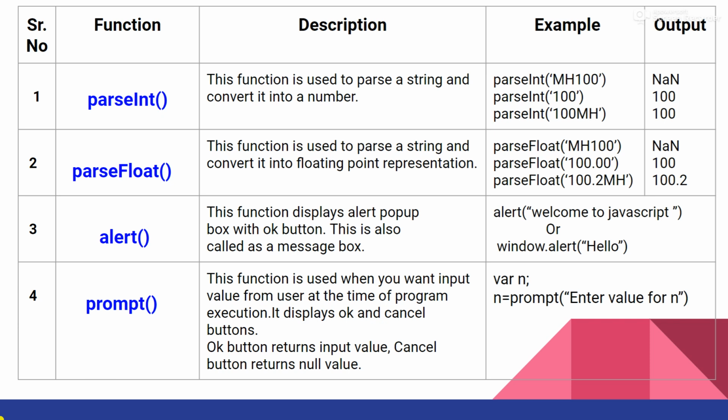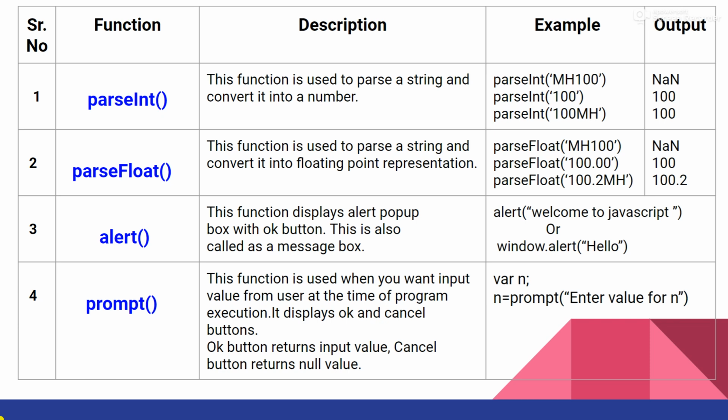parseFloat in the single inverted commas 100.00. Now it is again a string, so it will convert it to a number. Okay. Then next, since it was .00, it ignored it and rounded up to a simple 100. parseFloat, so 100.2, till there it will parse, and when it finds that m, from there it will ignore, and whatever it had converted, it will simply give as the output. So 100.2 we will get at the output screen.